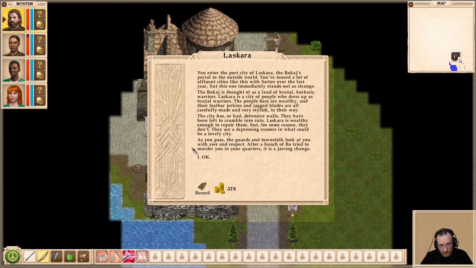Lascara. Alright. You enter the port city of Lascara, the Uruk-hai's portal to the outside world. You've toured a lot of affluent cities like this with Sutter over the last year, but this one immediately stands out as strange. The Uruk-hai is thought of as a land of brutal barbaric warriors. Lascara is the city of people who dress up as brutal warriors. The people there are wealthy, and their leather jerkins and jagged blades are all carefully made and very